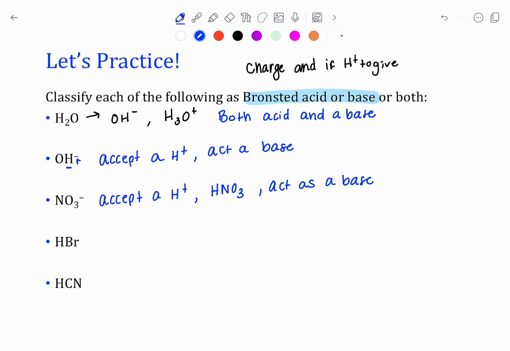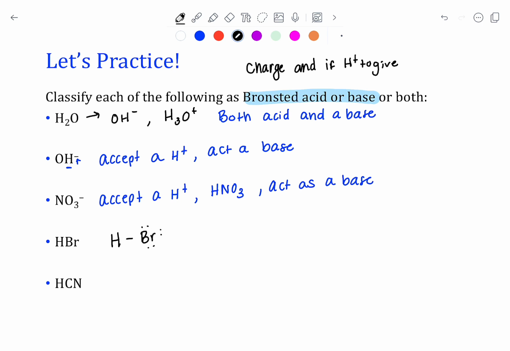Our next example is HBr. Now this doesn't have a charge, but it does have a hydrogen to give. Now we saw with ammonia, that was NH3, it acted as a base, so it had hydrogens and it still accepted a hydrogen. So when we're looking at acids and bases, we also have to think about our Lewis structures and our rules about certain elements on the periodic table, whether they want to have 1, 2, 3, or 4, or multiple bonds. Now, the structure for HBr is we have H bonded to a Br,